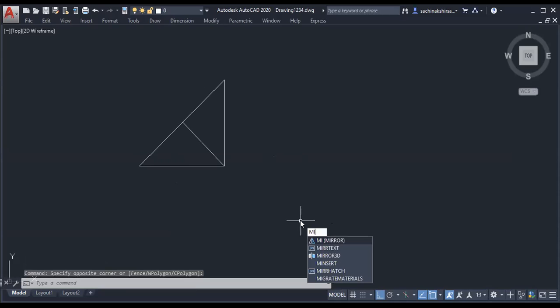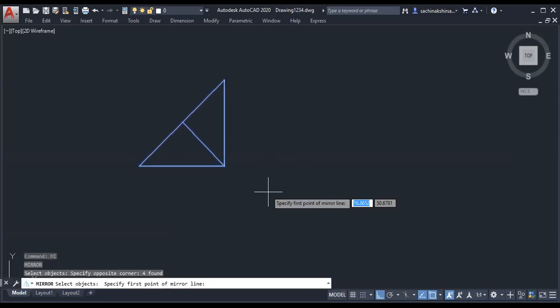Now what is mirror? The shortcut is MI, enter. It is showing mirror. Mirror, enter, select object, enter, select mirror line. You can select the mirror line anywhere.